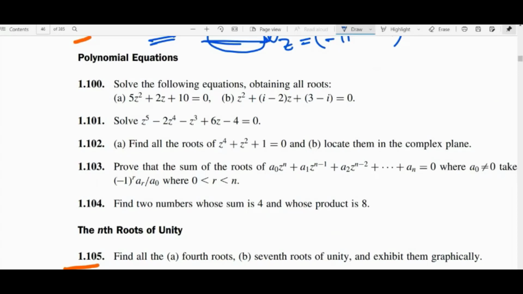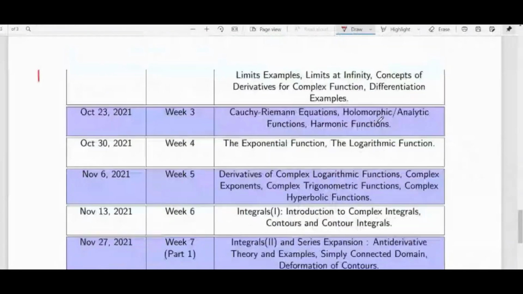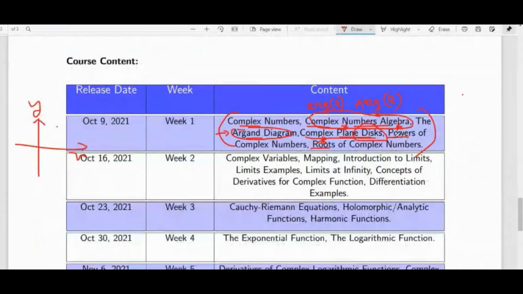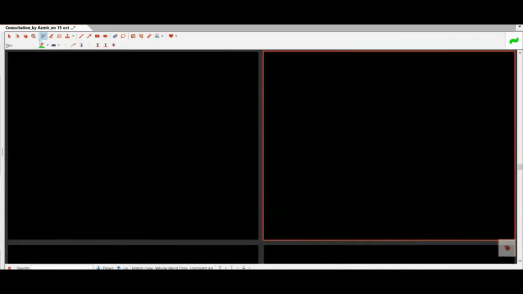Besides this, we have one part that needs to be done, that is how to find the powers. Up to now we have talked about roots. Now let us think about powers of a complex number. Let us take a problem. Suppose we have 1 plus i